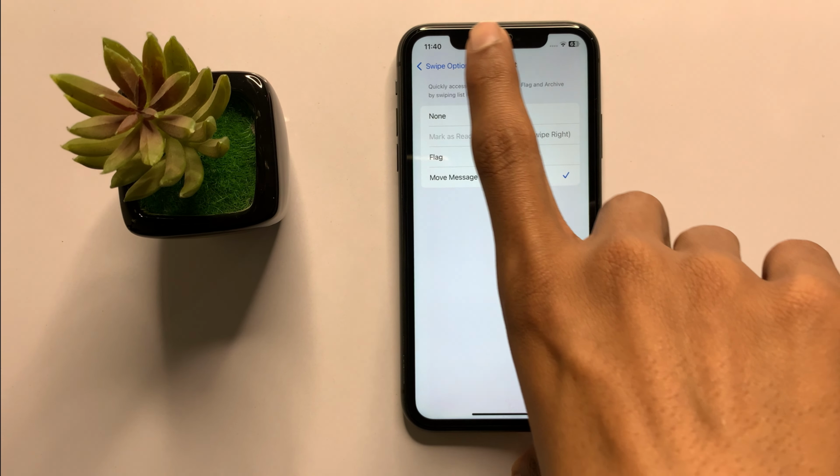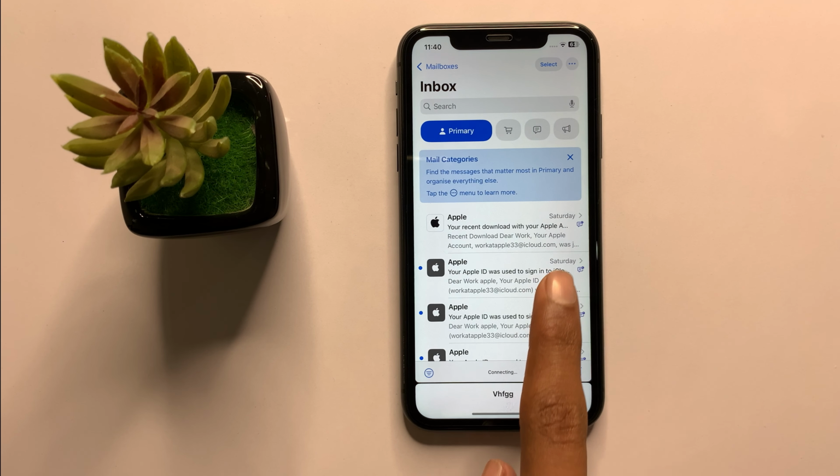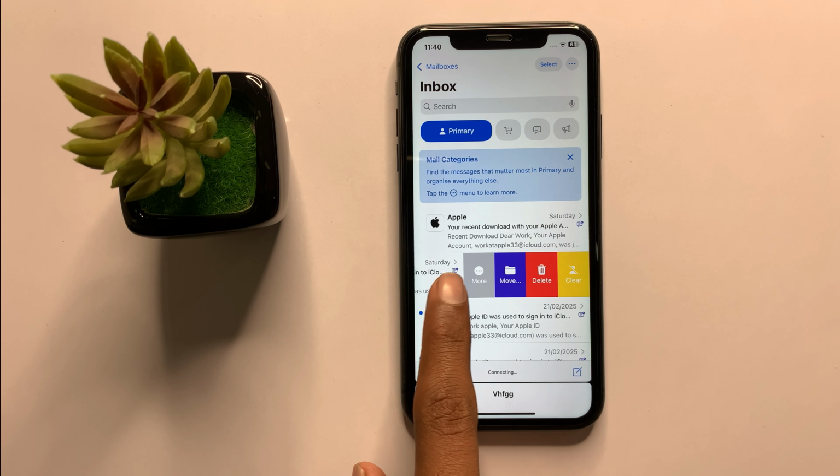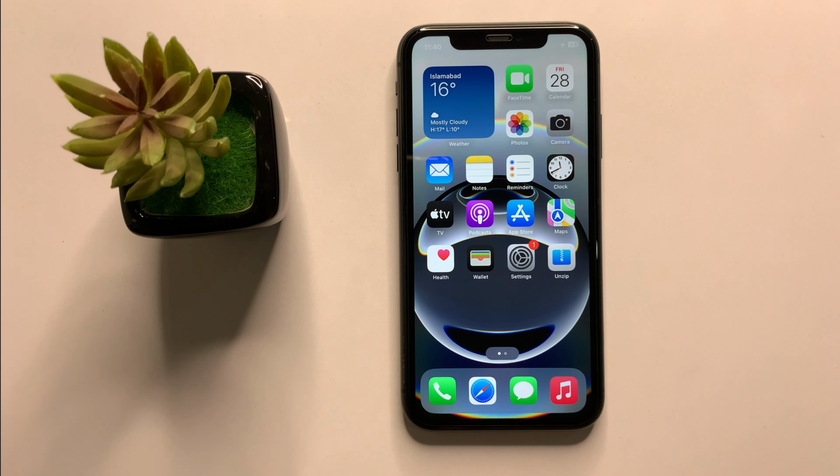If you select swipe left to move message, then simply go back and open it and swipe left. It will move your message like that. So this is the way to change the mail swipe options in iPhone